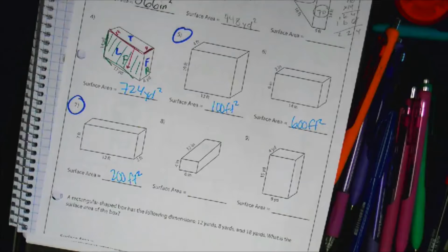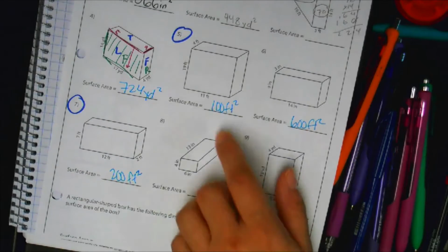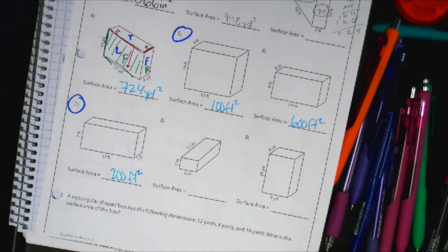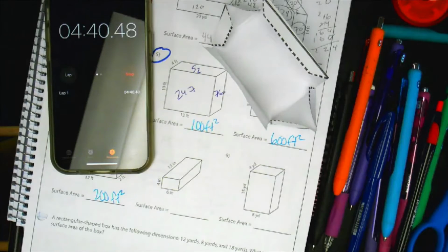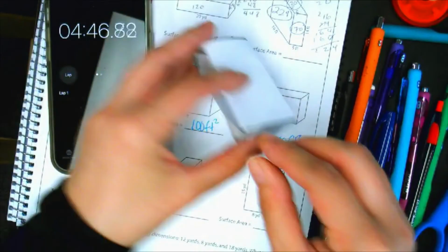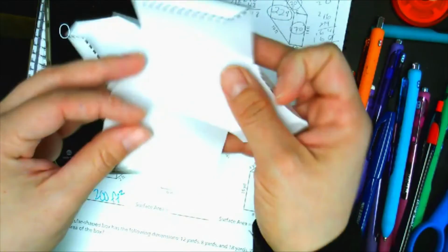Okay, so everybody right now, I want you to work on number 5 and 7 with work and then upload a picture. I'm going to create the assignment in less than a minute. So let's get working. Come on. Let's get to it. Okay, well, after I've given you almost 5 minutes to cut, I think it's an appropriate time to continue working. Okay, so when you cut out your triangular prism, just like so,